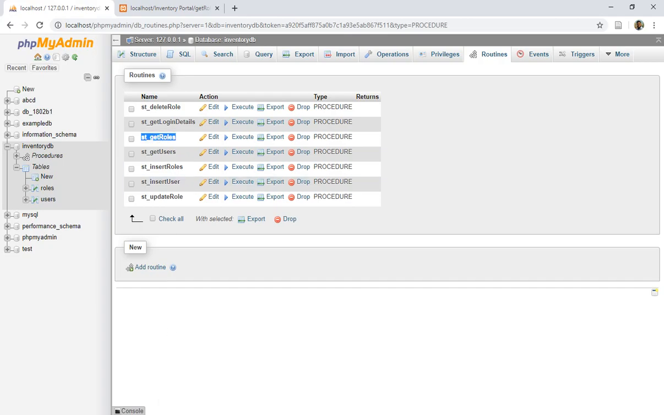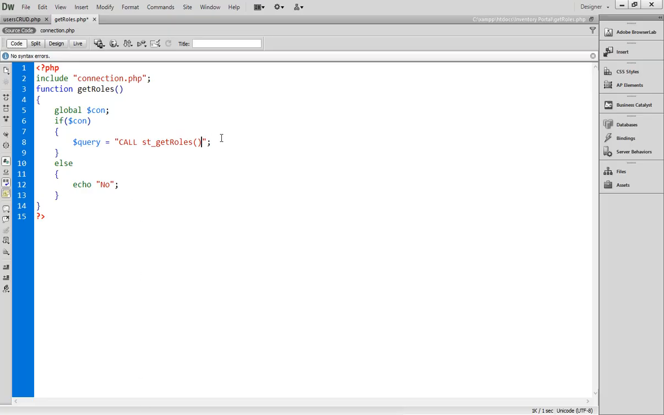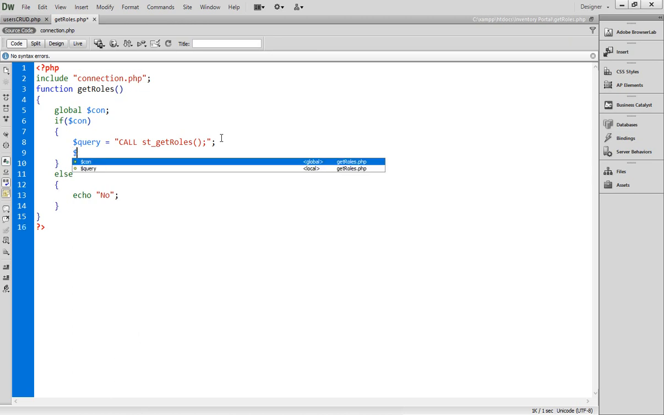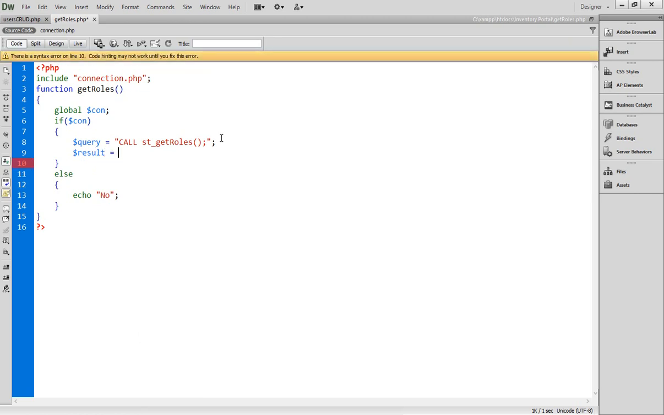st_get roles, and I have passed it here, call the stored procedure. That's it. And then we have to give it to a result variable. So $result equals, and let's execute this query, mysqli_query, and now it asks me for the connection. So my connection is inside con and my query is inside query,